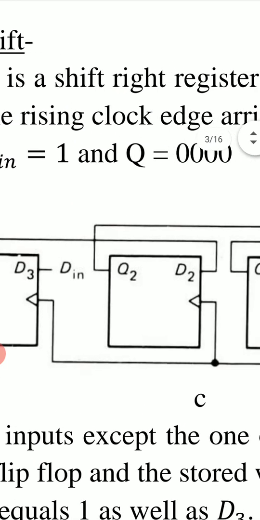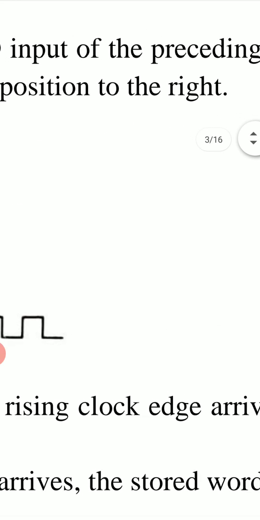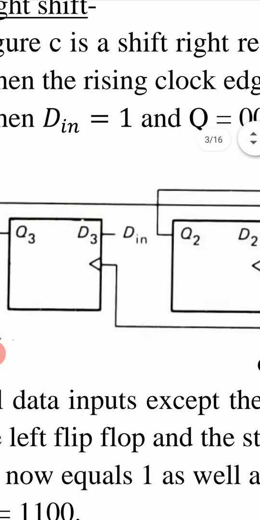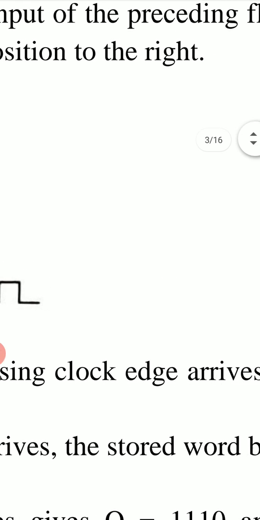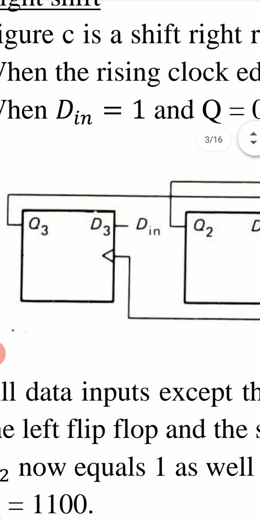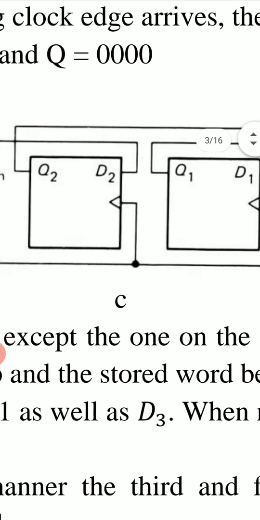Figure C is a shift right register. Each Q output sets up the D input of the preceding flip-flop. When the rising clock edge arrives, the stored bits move one position to the right. When D in is 1, initially if we assume Q is 0, 0, 0 and D in is 1,